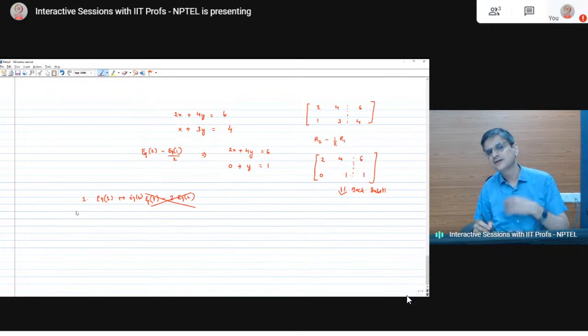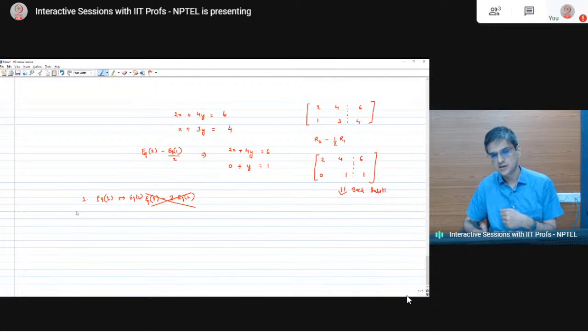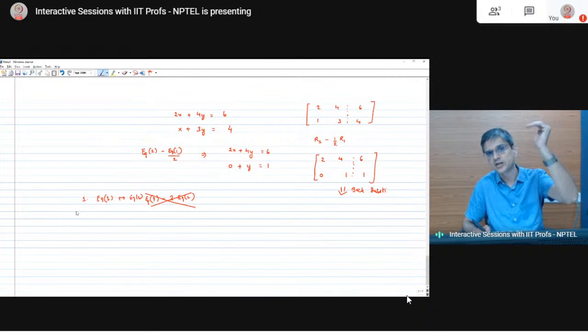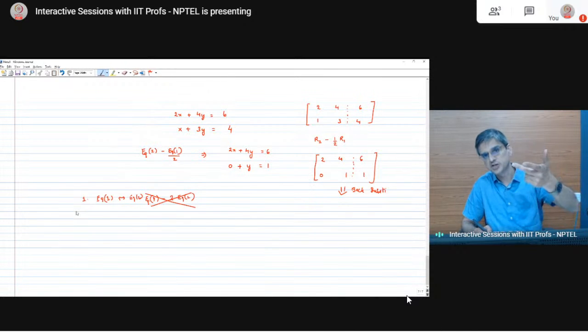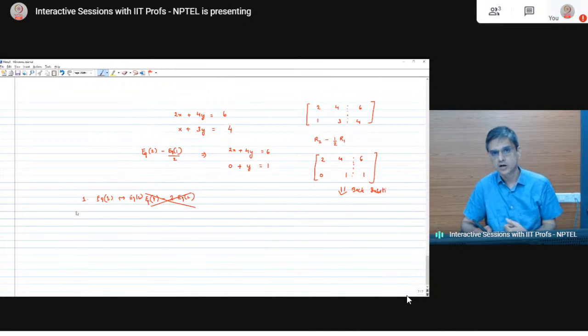That is the step that pivoting is about. Of course you won't do it here because 2 is already the largest value in the a11 element. But if the equations were reversed, x plus 3y equal to 4 and 2x plus 4y equal to 6, you would have first switched them around before doing this task. That is what is codified in